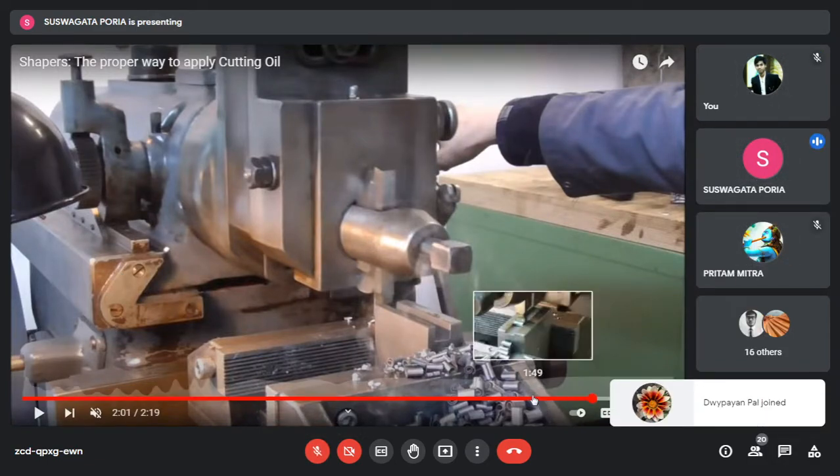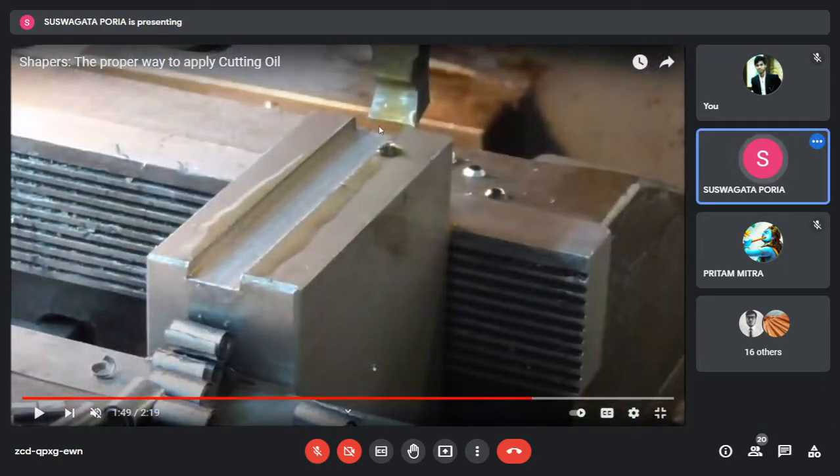So this is required because when it is going forward, it is cutting. But when it is going backward, it is not cutting. So the forward stroke is your cutting stroke. The backward stroke is your idle stroke. It is not cutting. Rather, the cutting tool is being rubbed over the machine surface. So if it is not lifted up a little bit, then it will rub on the machine surface and it will